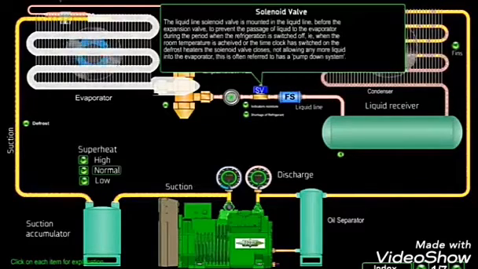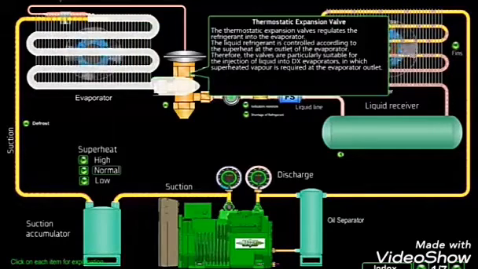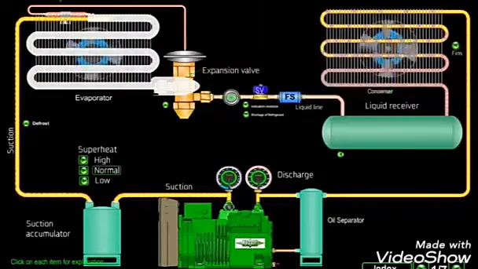Then liquid receiver. Refrigeration systems provided with an expansion valve are often equipped with liquid receivers built to withstand high pressures. The function of the receiver is, first one, separating the refrigerant vapor to prevent its transmission to the liquid line. Second one, receiving the liquid refrigerant from the condenser through a drip tube. It pulls the liquid near the bottom and towards the expansion valve. Third one, stores liquid refrigerant during any maintenance shutdown.